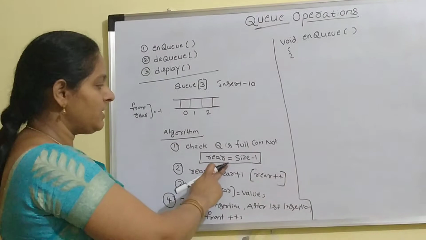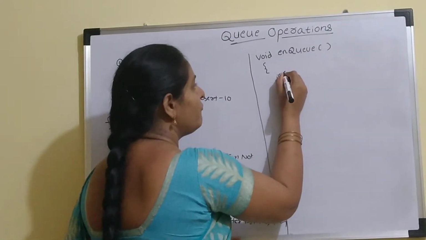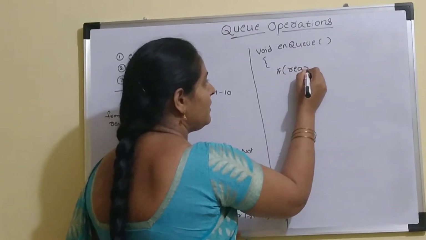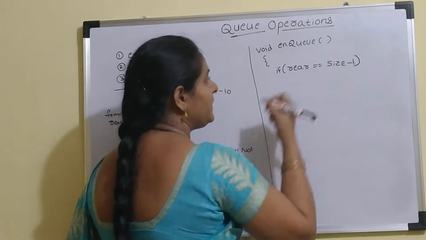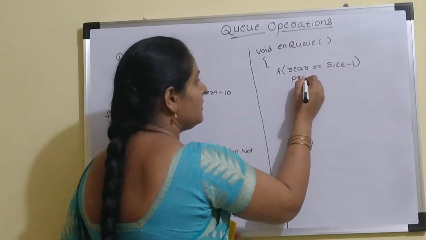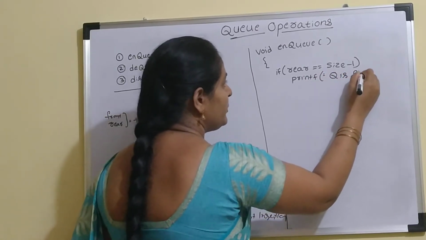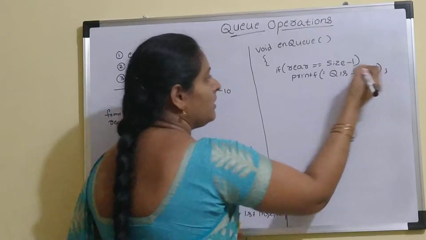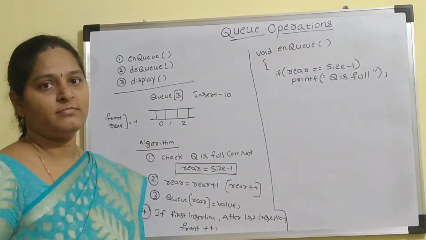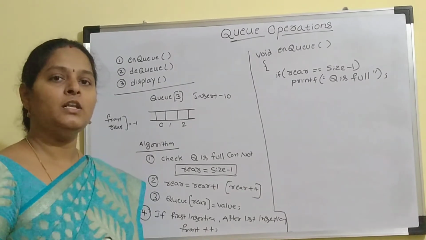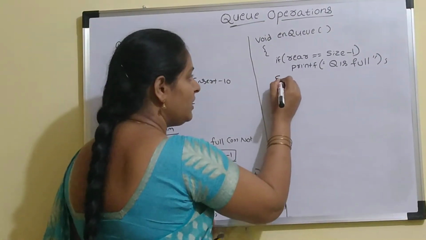So what is the condition? Rear equal to size minus 1. Here we are checking whether the queue is full or not. If rear equal to size minus 1, that indicates that the queue is full. That condition we call the overflow condition. If the queue is full, insertion is not possible. If the queue is not full,